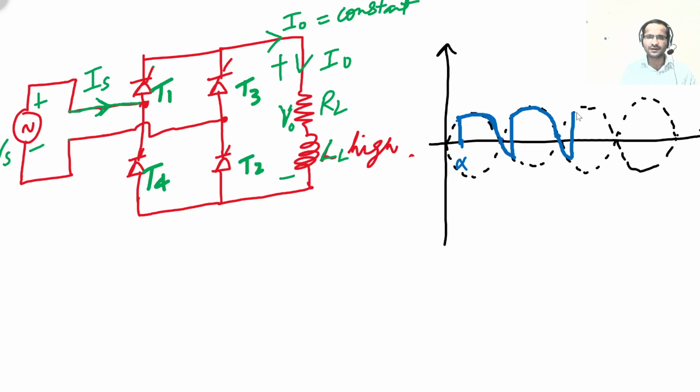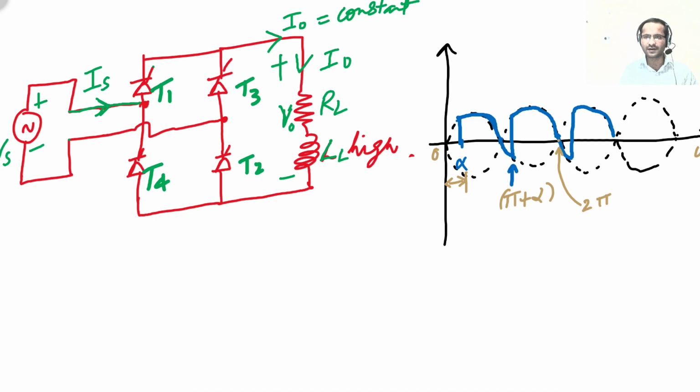I mean T1 and T2 will continuously conduct in the first mode till this point. This point is pi plus alpha, this instant is 2 pi, and this is alpha from this reference axis,